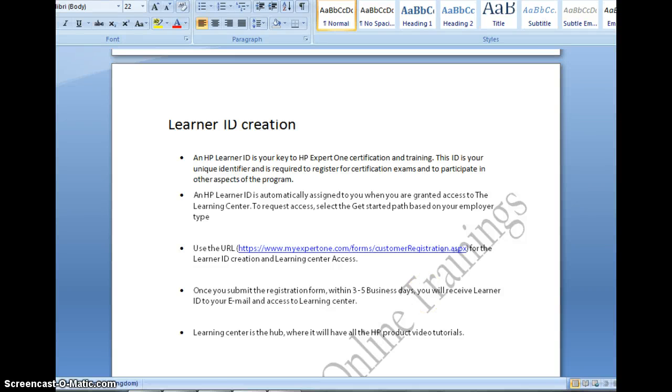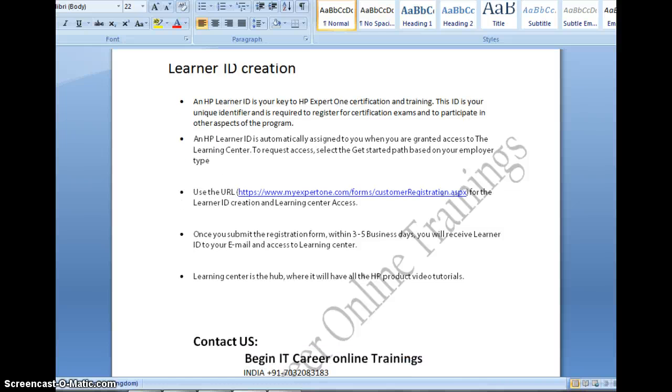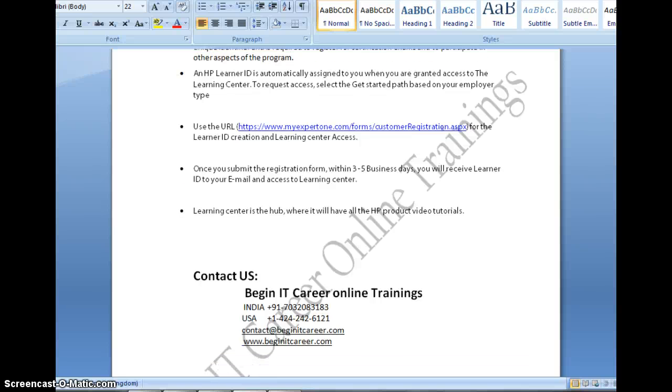Once you get the Learner ID, you will get access to all the tutorials for the HP tools, that is the Learning Center. You can make use of that, and if you still have any queries you can comment here for more information,